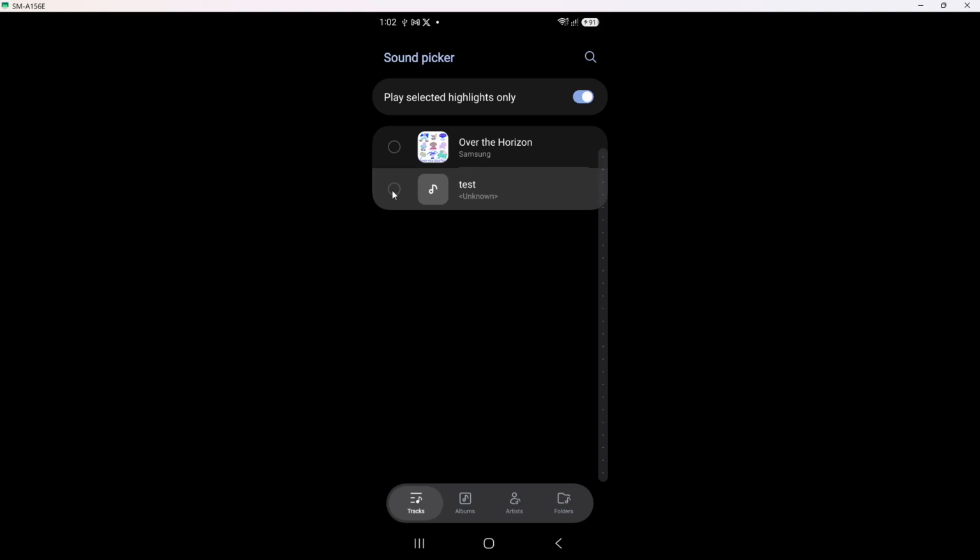Your phone may play a short preview so you can confirm it is the right file. If you cannot hear anything, check that your media volume is turned up, not just the ringtone volume. Once the song is selected, tap Done. You will be taken back to the ringtone screen, and you should now see your song listed and checked as the current ringtone for that SIM. From now on, incoming calls to that SIM will use this YouTube Music song file that is stored on your phone. You have now turned a YouTube Music track that you saved as a normal file into your Samsung ringtone in this video.